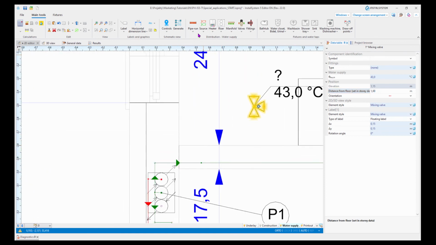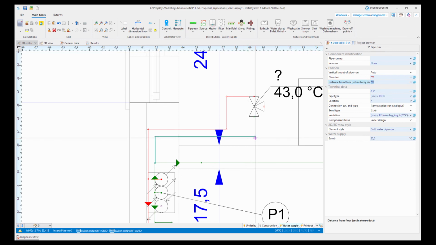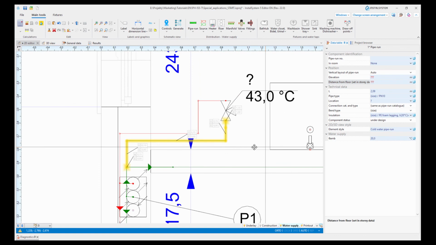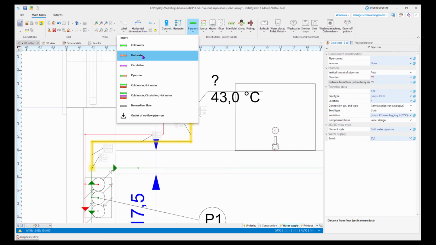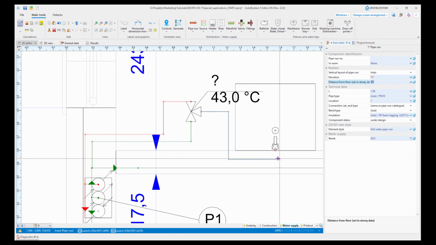If you connect it with hot water, and with cold water, and next you may connect it with the faucet,